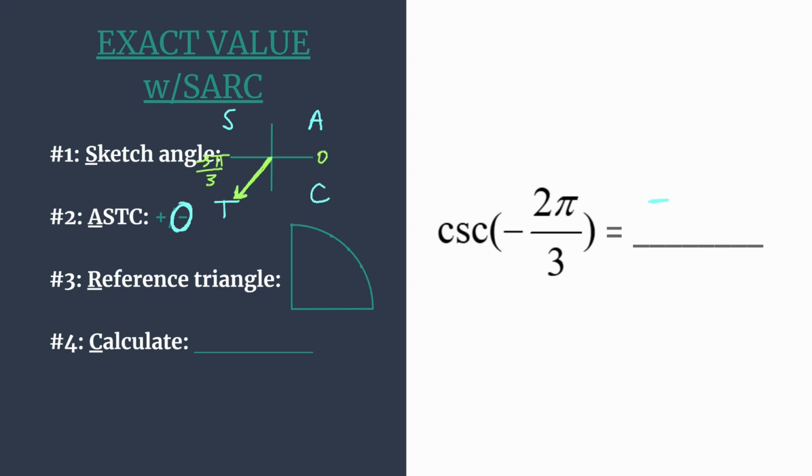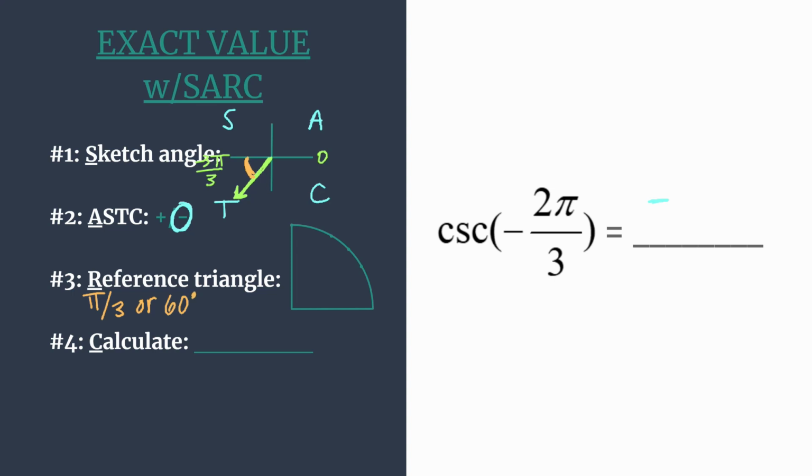All right, now we're ready to move on to step 3. R tells us to find the reference triangle. First we need to find the reference angle, and that's just the angle formed by the x-axis and the terminal side of your angle. So that's this angle here. It's pretty easy to count since we have our diagram labeled. Our angle is negative 2 pi over 3, and to rotate to the x-axis at negative 3 pi over 3, that's just a pi over 3 rotation. So we would say our reference angle is pi over 3,